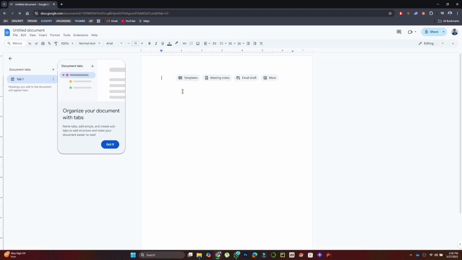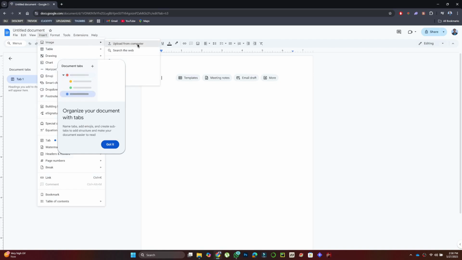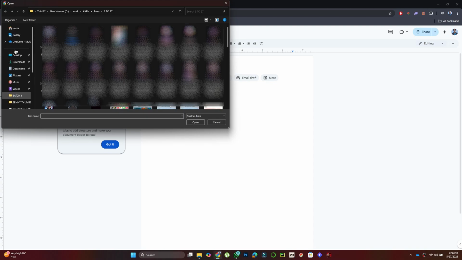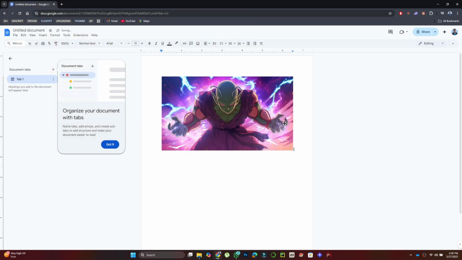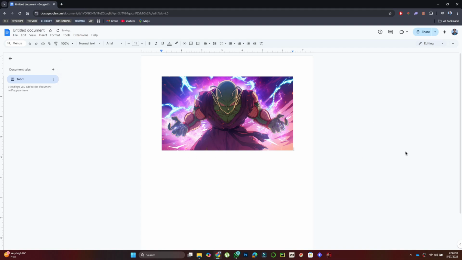When the document loads, go to the top menu, click on Insert, hover over Image, and select Upload from Computer. Choose the image you want to convert. It will appear directly in the document. You can resize it by clicking and dragging its corners, depending on how large or small you want it displayed